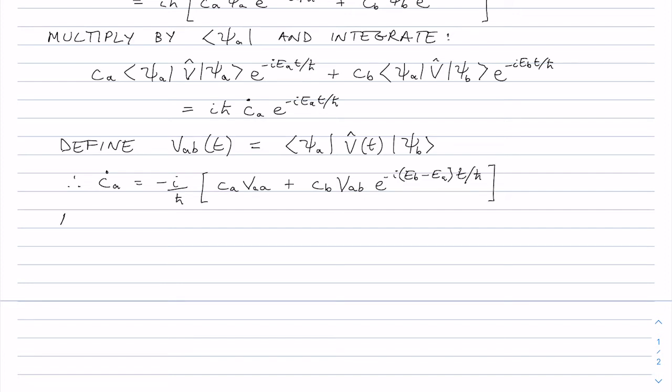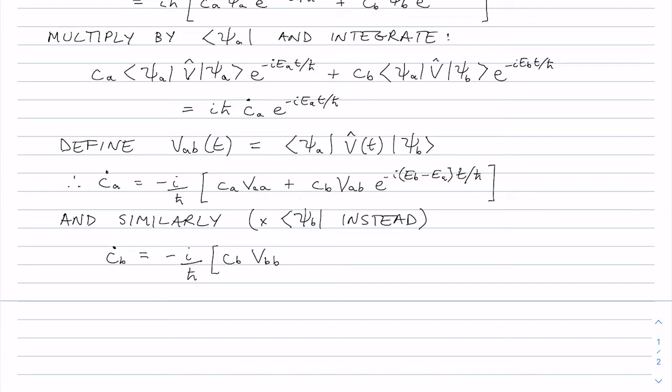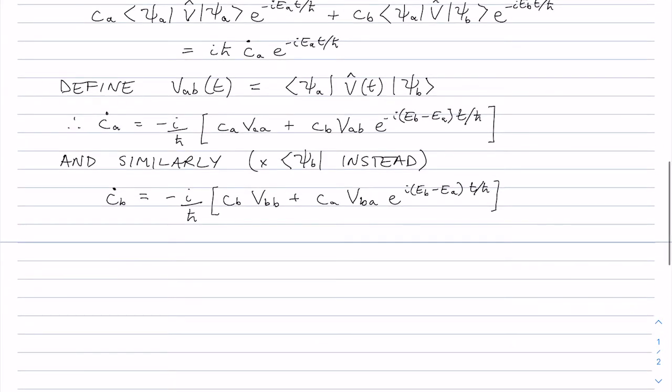And similarly, if we multiply the equation by psi B instead and then integrate, then we'll get an equation for CB dot, which is very similar: minus i over h bar, CB VBB plus CA VBA, and a phase factor like this. And usually we will define